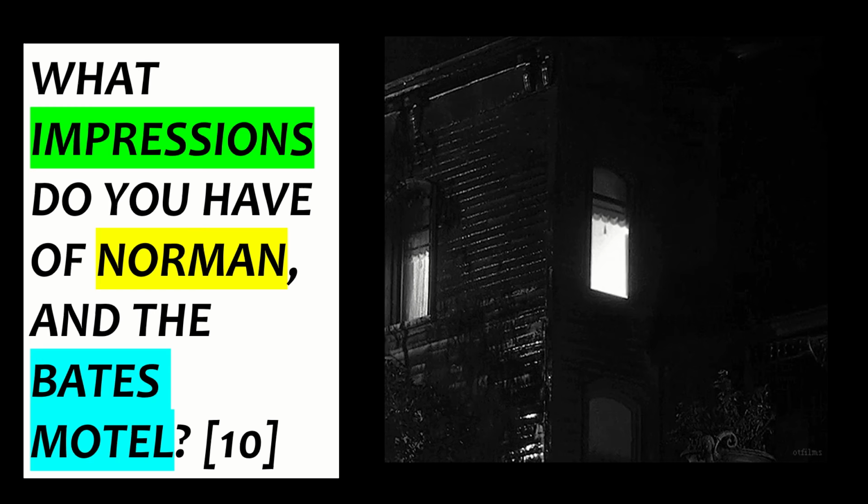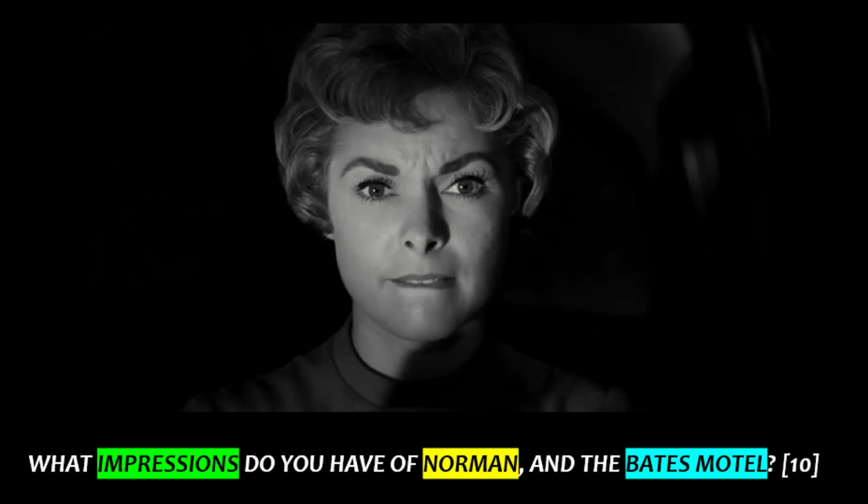If you've not seen the clip, let me set the context. A woman called Marion Crane has stolen some money, and she's driving across the country to meet her lover with the money. She gets caught on a really stormy night, and she needs somewhere to stay. She's gone off the motorway, the highways, because she doesn't want to be spotted by the police. So she has to find a hotel. And here is the video clip. So fast forward if you want to.